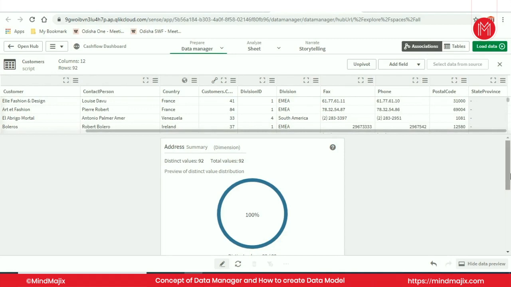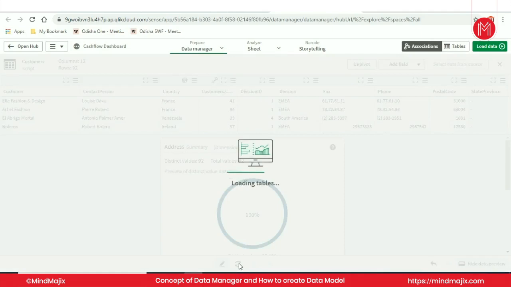This is all about the customer table, whatever we did, and then we will just reload table from source. So the changes we made, I'll just reload it. That particular table will only be reloaded.